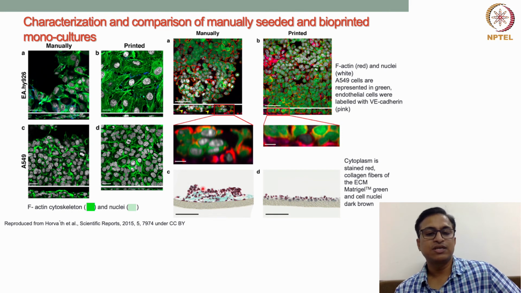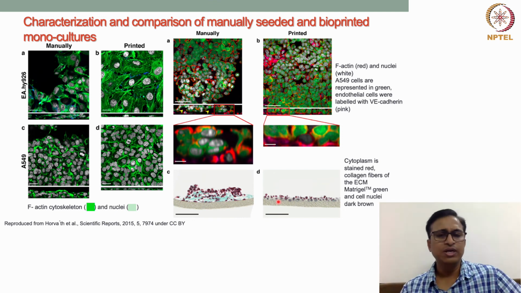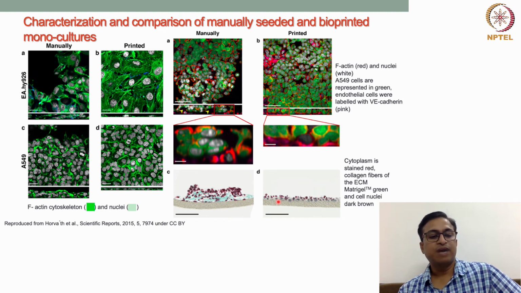The cells are distributed randomly, and a multi-layer structure is formed. But when it is printed, a monolayer culture is typically formed, and a particular order is maintained. So from this study we can understand that